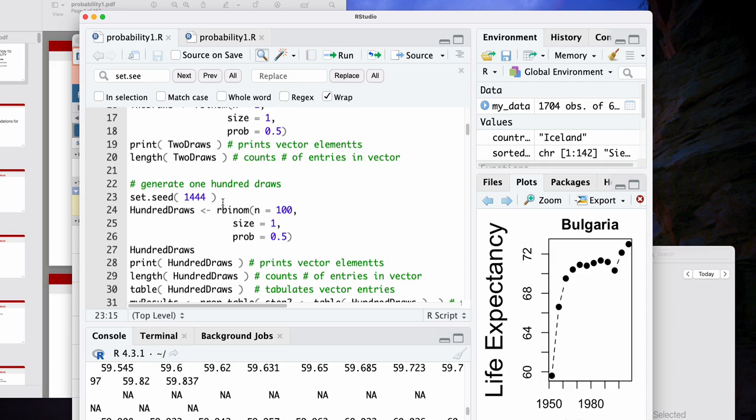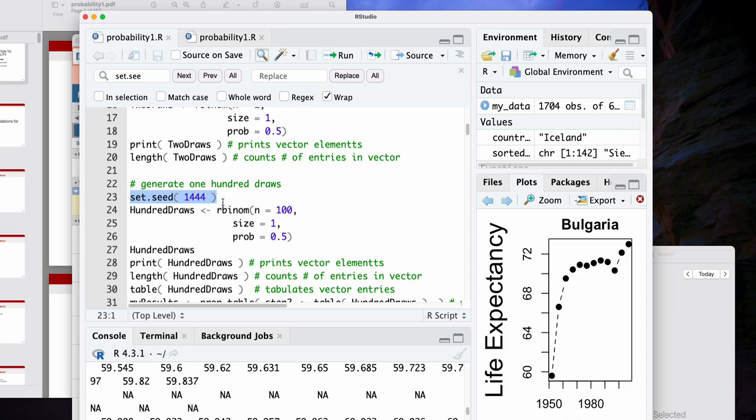We want the randomness to be controlled because we want to be able to replicate our work when we have the AJPS or APSR or PSRM paper. We need to be able to reproduce everything exactly. So statisticians and computer scientists have figured out these clever ways of generating numbers that look really random and that pass a lot of randomness evaluation tests, but that aren't truly random.